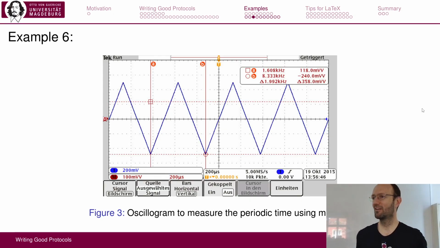Who has an idea? 2.4 milliseconds? I don't think so. Actually, the scale is not mentioned. Yeah, so there are some markers, and there's a scale somewhere mentioned, but no one really knows. So from my point of view,